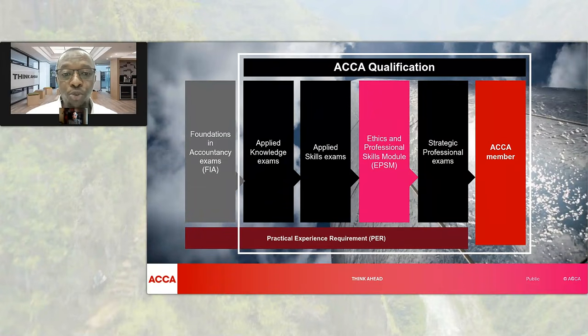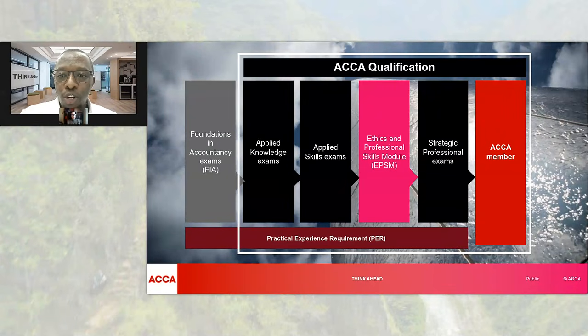That's ideal for those who are new to finance, or even if already working in finance but have no formal qualifications. So if you want to know how finance works in order to progress your career, FIA would be a good entry point for you. And perhaps if you want to pursue higher qualifications in finance, or simply boost your employability and mobility by learning the universal language of business.